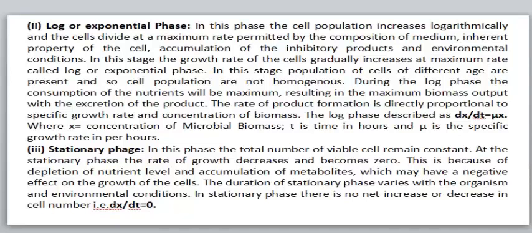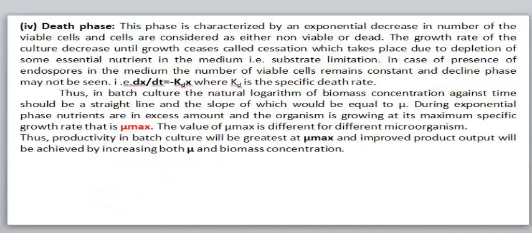Now the fourth stage is the death or decline phase. Here there is an exponential decrease in the number of viable cells, and growth decreases or ceases. But during starvation conditions, as we know, most microbes produce spores. So due to the presence of those spores,